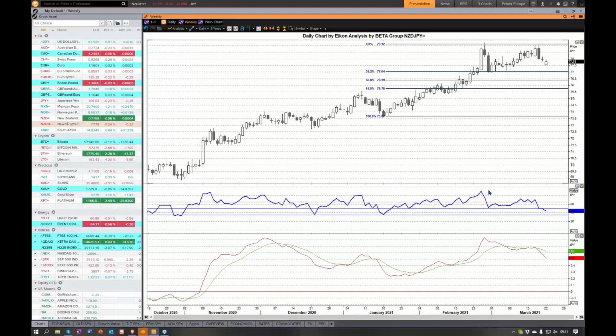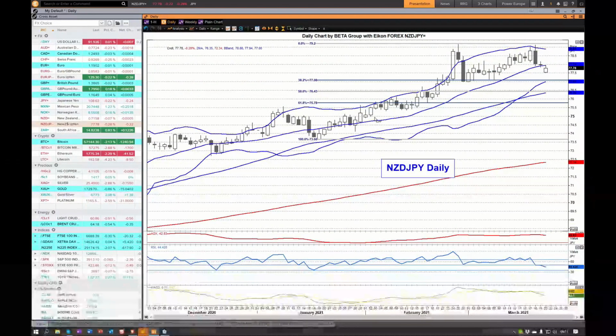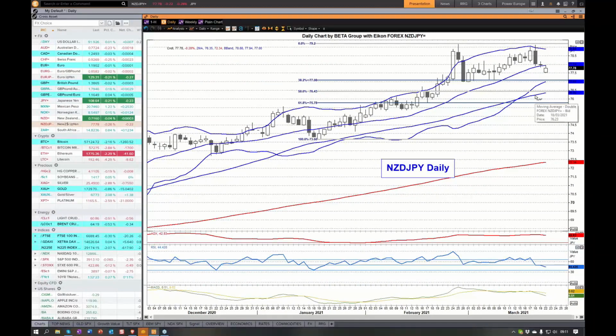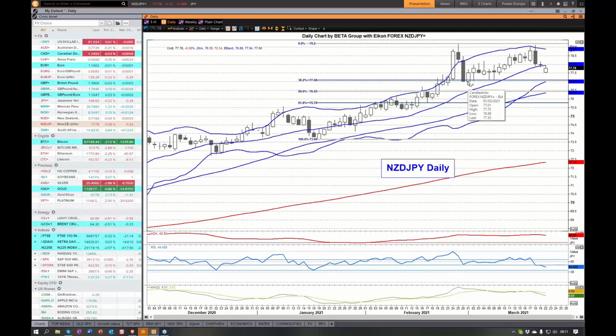We've got a bearish divergence on the second high of the double top on both the RSI and the weekly MACD. So it looks as though we've got a serious intermediate top in place here. The threatening level, of course, is that low there, 77 low. That would turn it into a double top and then would indicate a fall at least back to the 61.8 level at 75.80 or this previous high here,